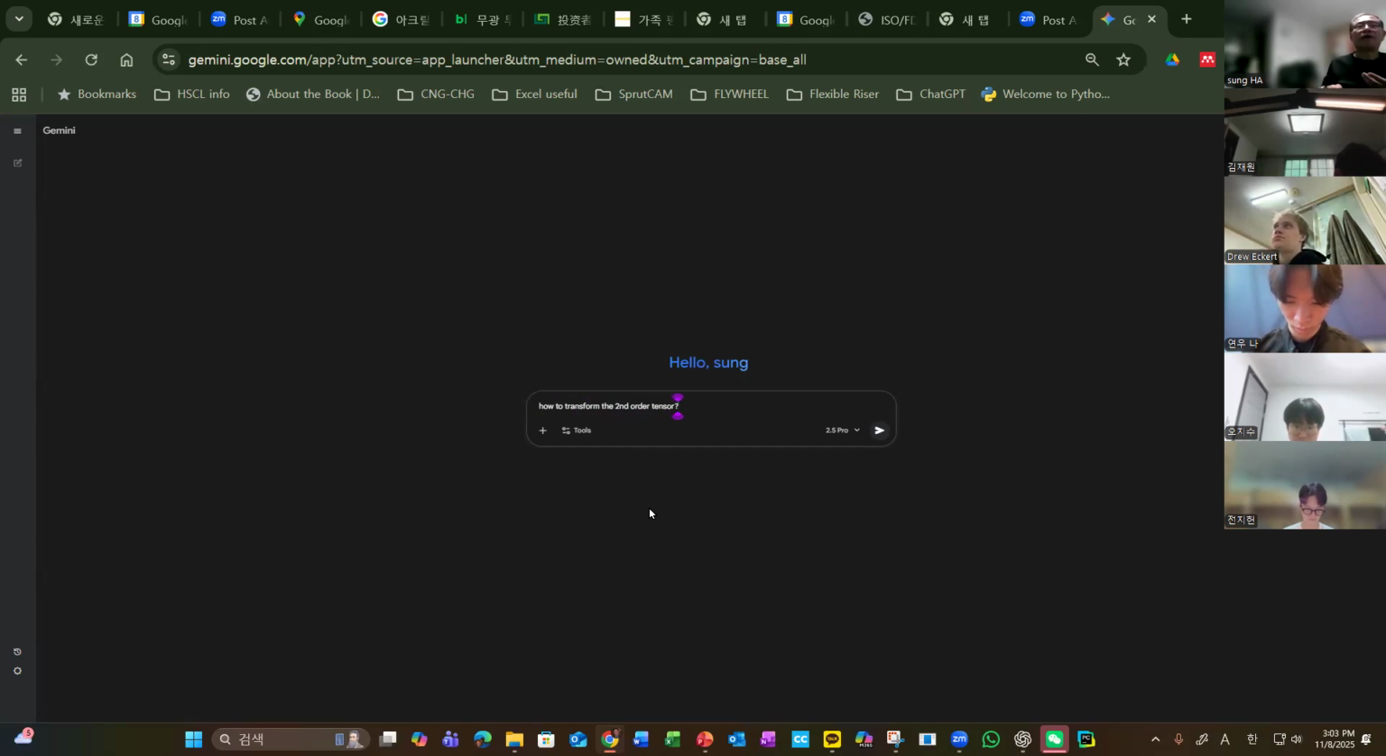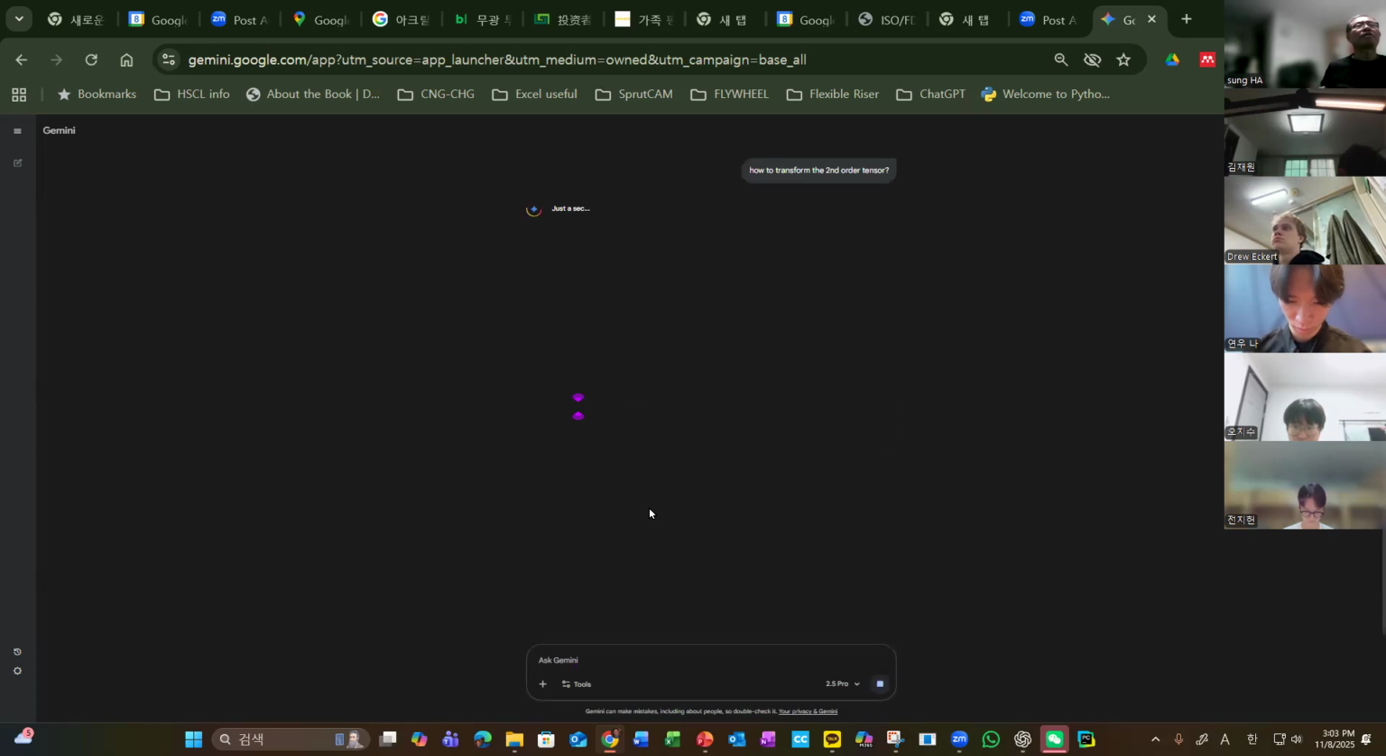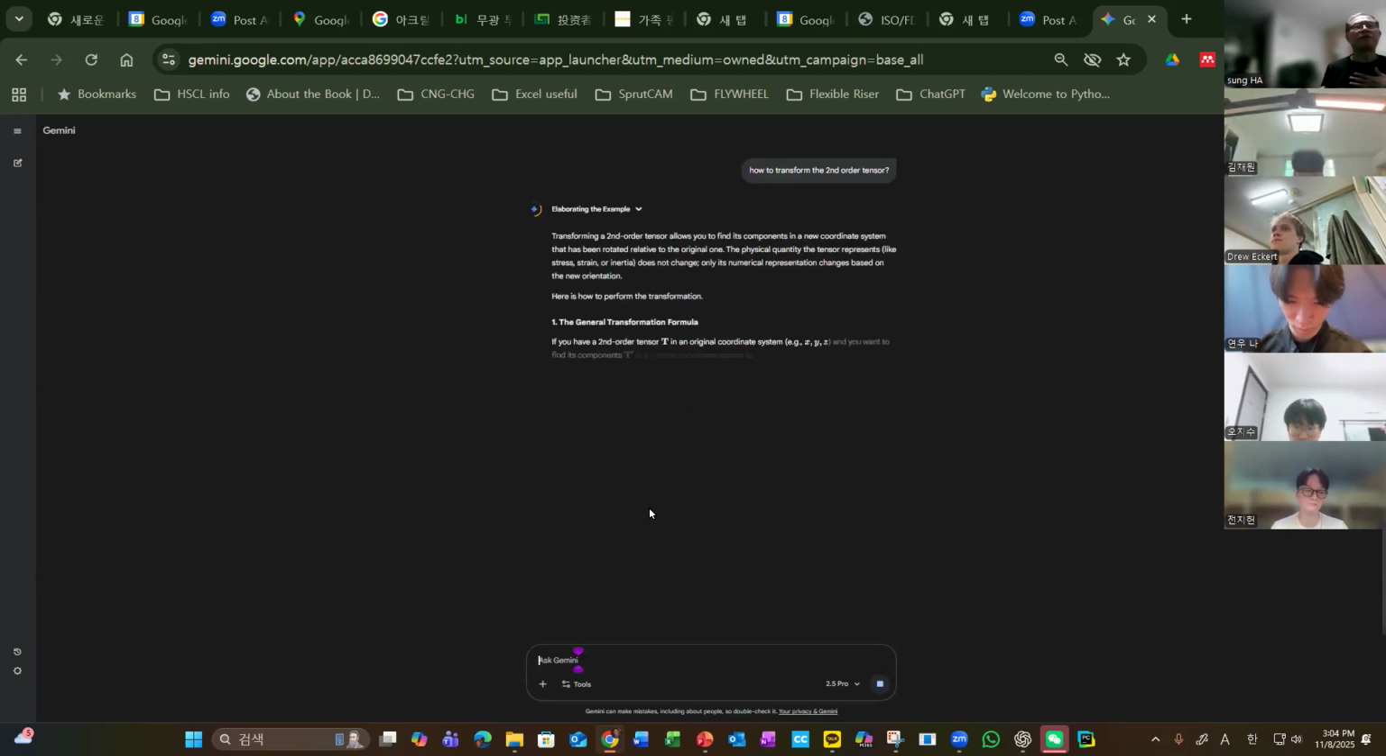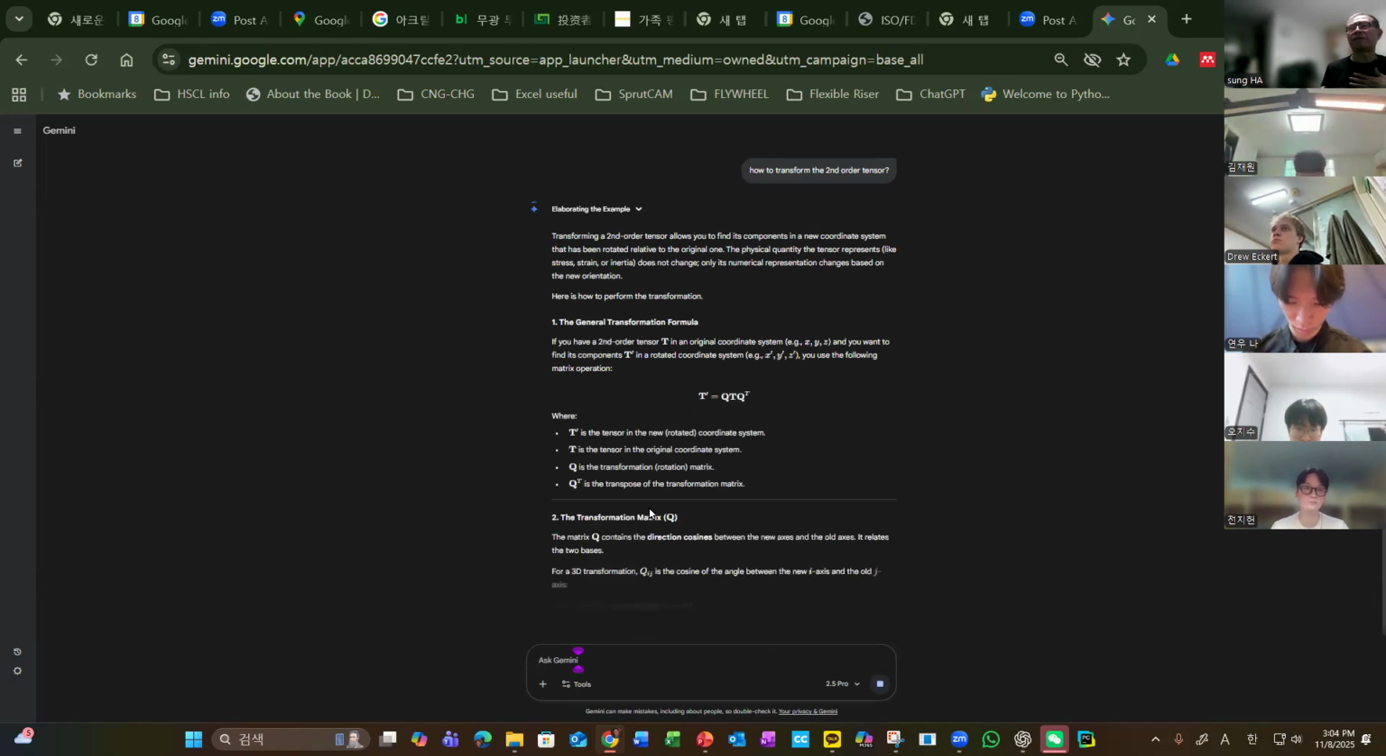You can try to type, but when you use an AI tool or method, the most important point is the prompt. Prompt means what keyword, what sentence you are typing. So this is what I just typed, and let's see their response: how to transform the second order tensor. That's the key point. So today it is very important that we understand the meaning of